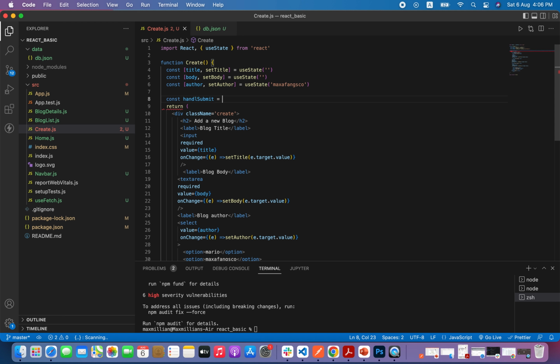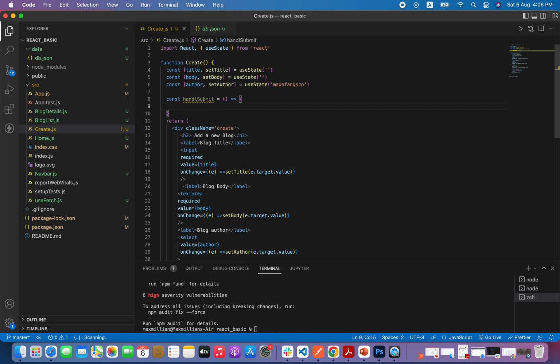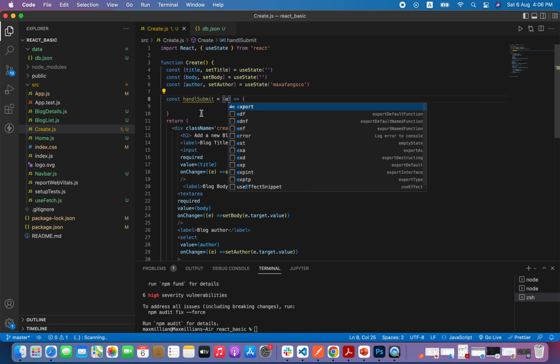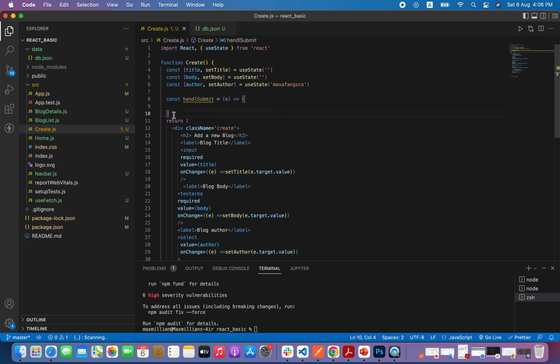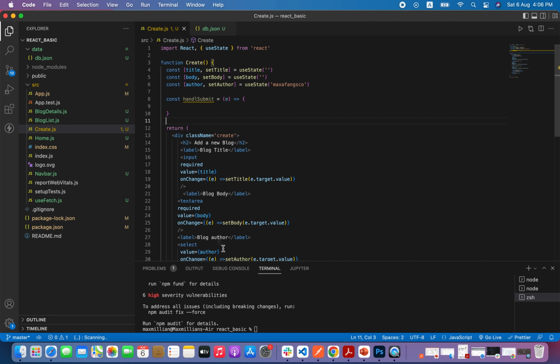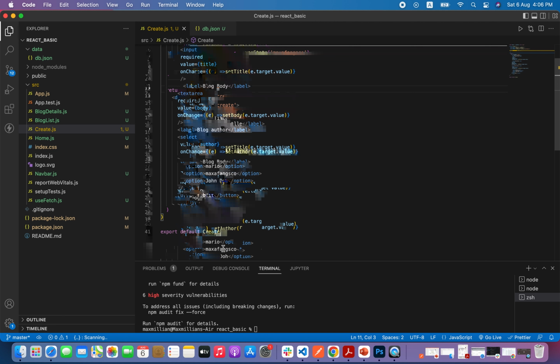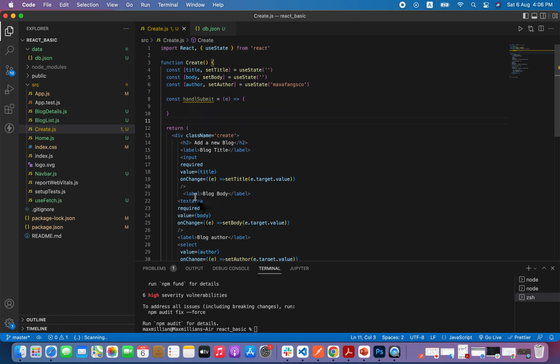This is going to be our function. It's going to be an anonymous arrow function, which is going to return something. It will take in an event automatically. So we can attach this function to an on-click event and put it here on this submit button. But what I like to do is,